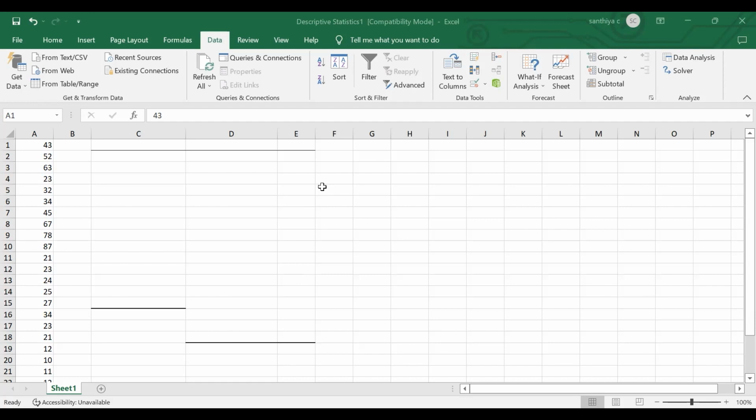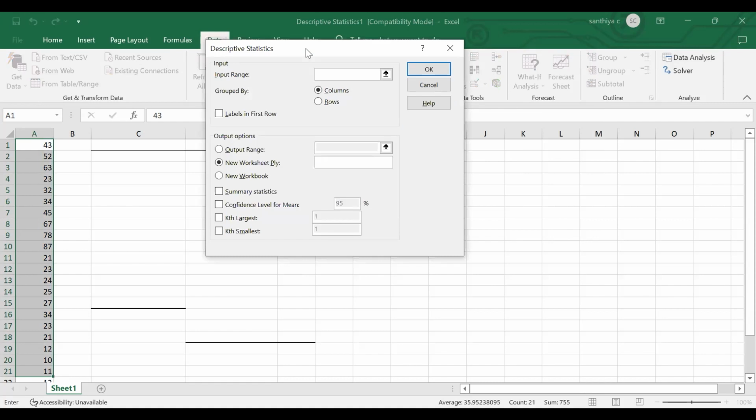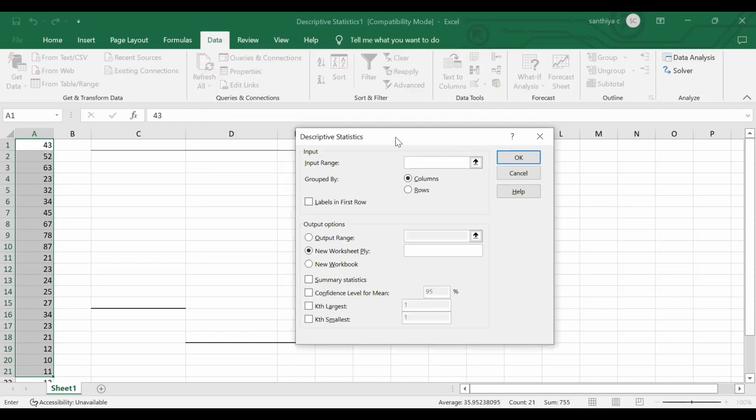So whenever you apply the add-in called data analysis, and you click on it, you will see this particular data analysis tab. Whenever you click this data analysis tab, this window wizard will be shown to you. Here you want to pick descriptive statistics and click OK. This is the next window wizard which Excel shows the viewers. Here you can pick the input range. Here I am choosing the